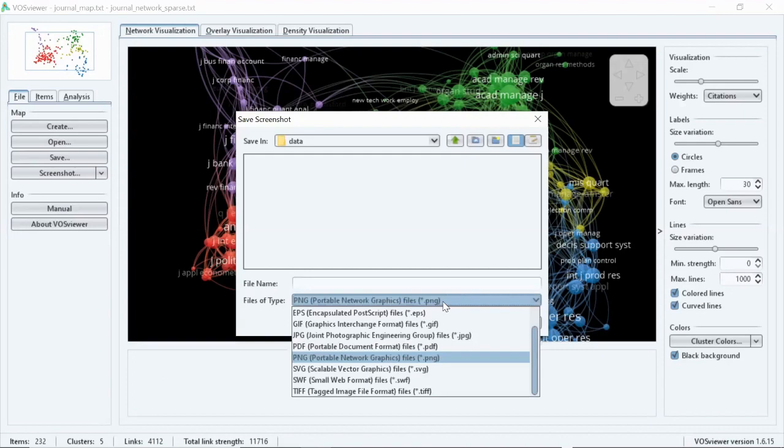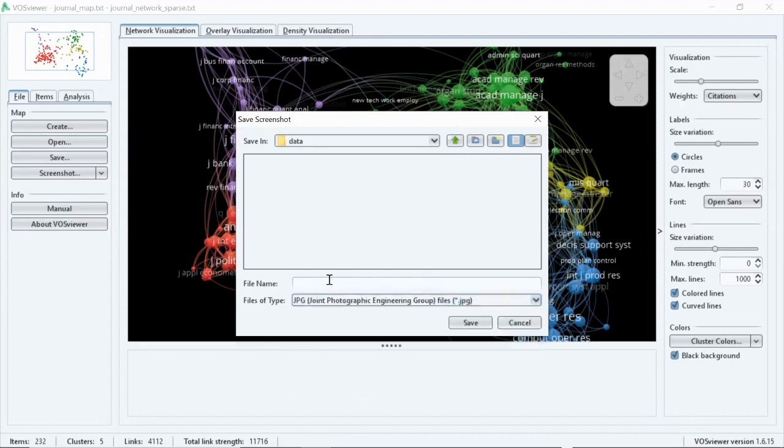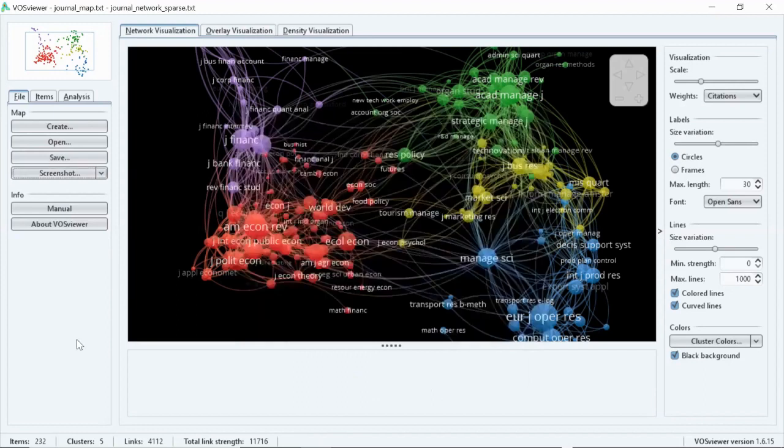whatever format you want, you can save it either in GIF, PDF, JPEG, PNG, TIFF, anything which is convenient to you. If you want to save it as an image file, JPG would be advisable. And then you can name the file, and then save it. I'll just name it as file itself and then save it. It will be saved in the destination folder. So now I think you might have got an overview about how to run a map.